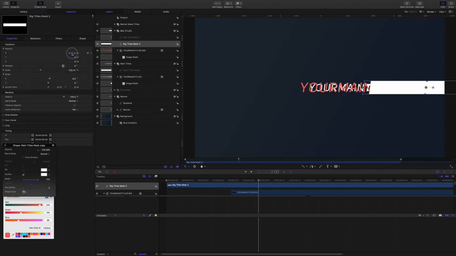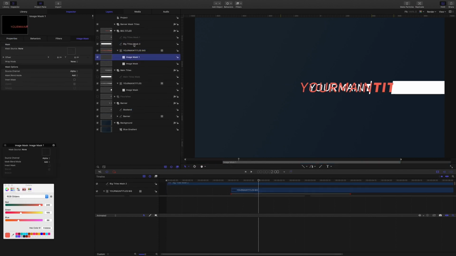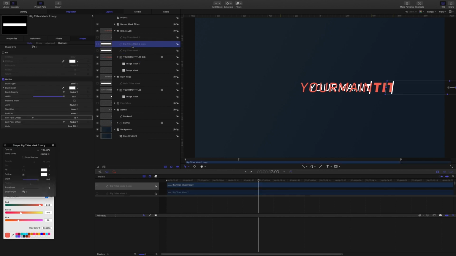Then come into properties and shift the X position back so that it's sitting right here with the banner at its final place. Okay, select the big titles, add another image mask and drag in the Big Titles Mask 2 as the source and set that blend mode to subtract. So now we want to mask out everything on this side of the bookend. So grab that Big Titles Mask 2 shape, duplicate it, going to rename this as the Big Titles Group Mask. We can turn it on